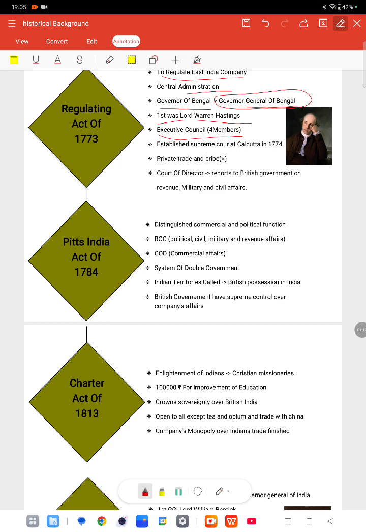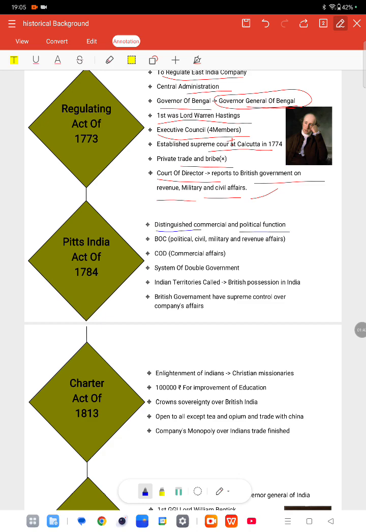Then it has an executive council which contains 4 members. Then they established the Supreme Court in Calcutta. And then private trade was banned, and the Court of Directors had to report to the British government on revenue, military and civil affairs. So if we talk about Pitt's India Act, in Pitt's India Act, they distinguished commercial